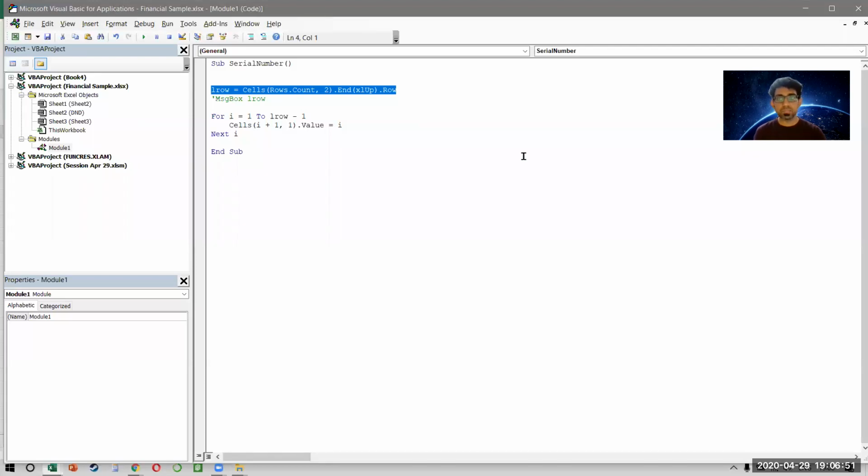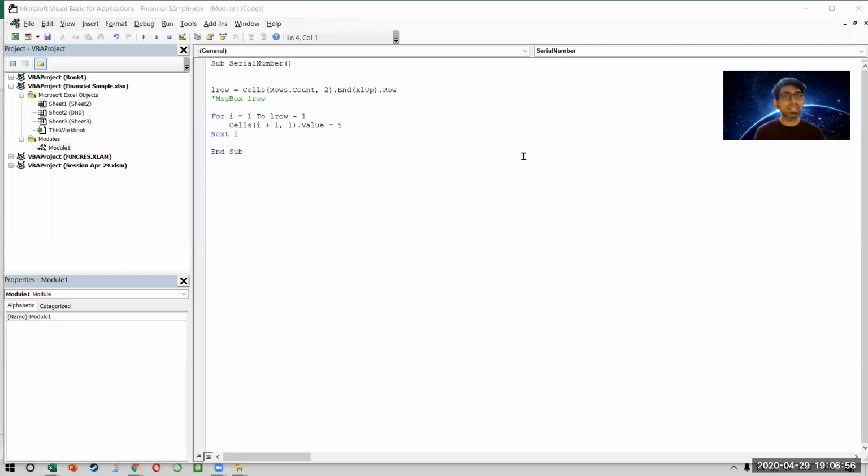Right? So we'll take a break, but any questions on this, anyone? So this became a little more practical now because I did not do a dummy example. I showed you how on an actual file you can automate tasks. Okay? Just think about what we've done. It's a very simple piece of code.